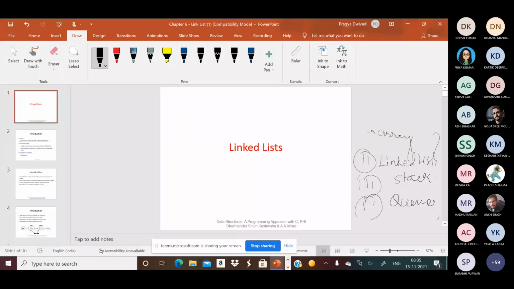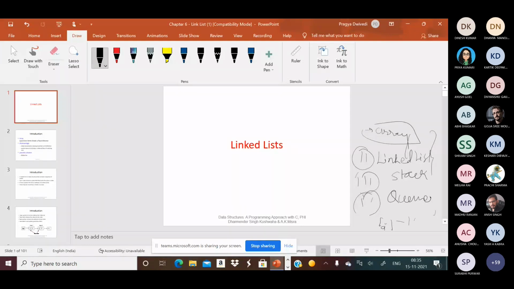The array data structure represents data in a sequential fashion: one element is on the ith index, then the next element is inserted at the (i+1)th index, according to how many bytes are required for storing one element. So it requires contiguous memory locations to store all the elements in memory.